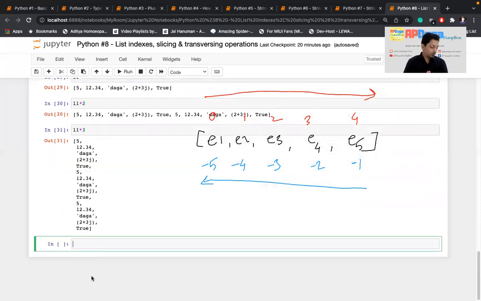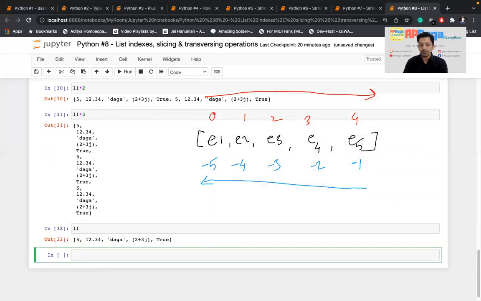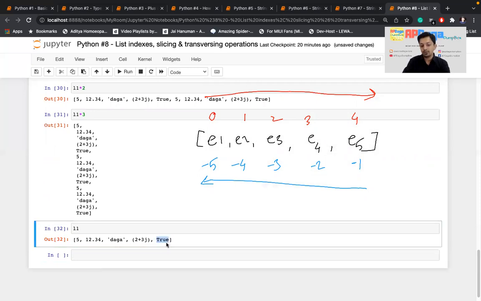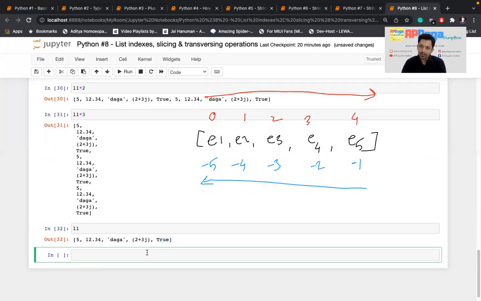Similarly, one more thing. If I talk about L1, I have shown you how I can replace each and every element. One more good part is, if I want to replace this part, this is a Boolean data type. It is not mandatory that I should replace a Boolean data type by a Boolean itself.